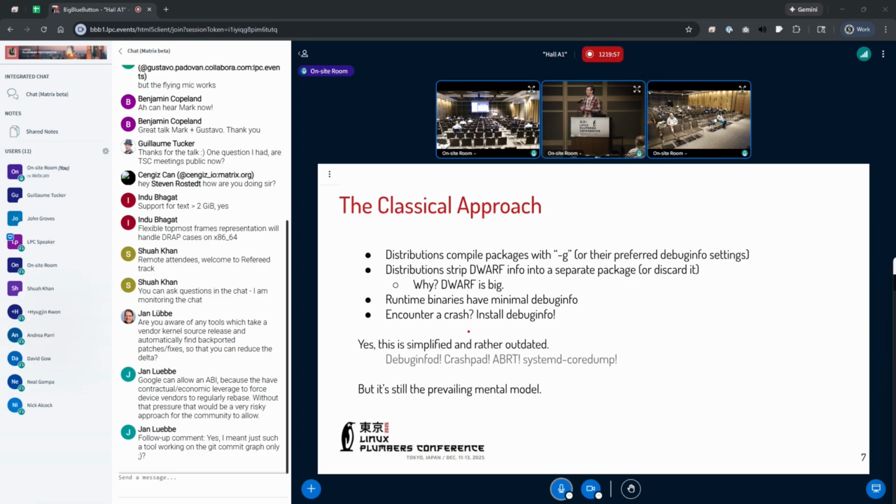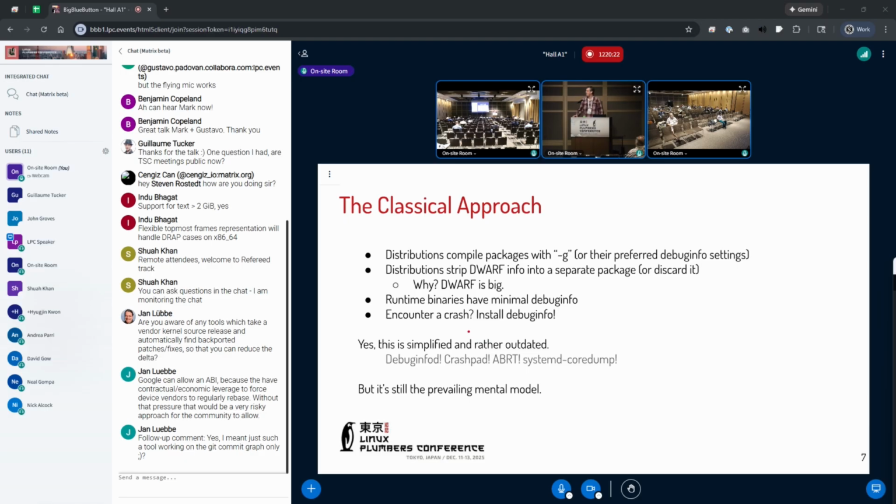You get a really great debugging experience with DWARF Debuginfo, but distributions are going to compile that, and then either, if you're Arch Linux, they're going to throw it away. They don't do that anymore. They save some of their Debuginfo. That's great. But otherwise, it depends on the distribution. Most of them are just going to put them into separate Debuginfo packages, and the reason being that DWARF is